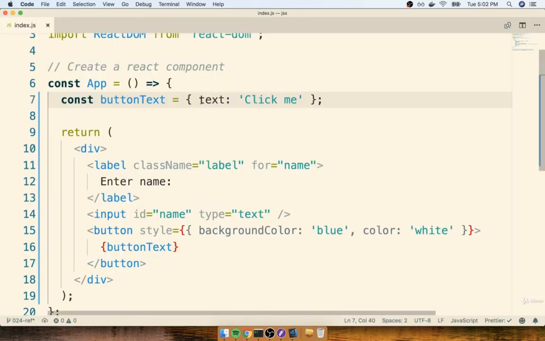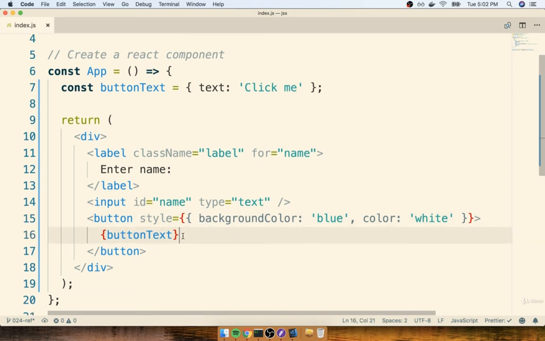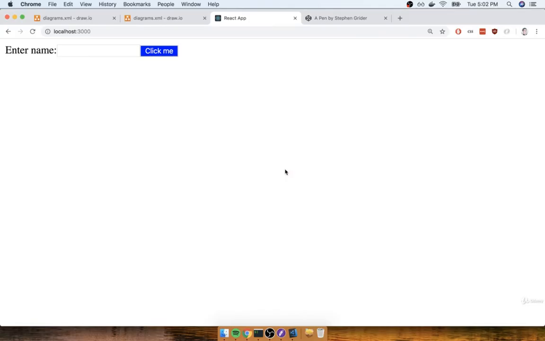So we are not allowed to take a JavaScript object and reference it inside of JSX, specifically where we would normally show text. We could very easily fix this by putting on buttonText.text. So now that's going to refer to the text property of this object. We can save this, and we'll see that we're back to working as we were before.